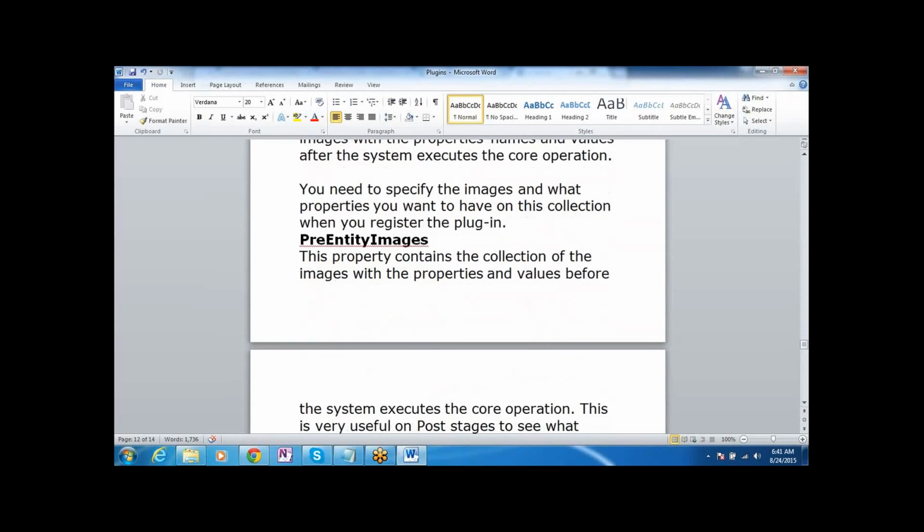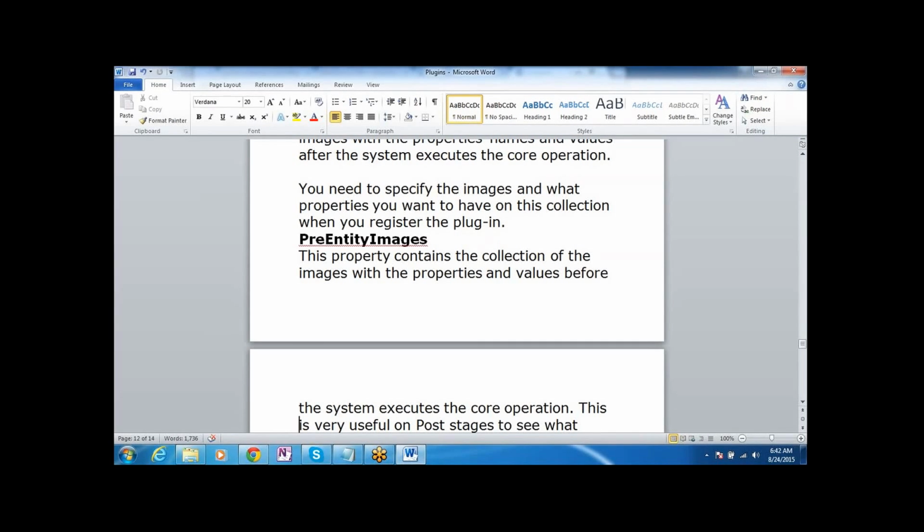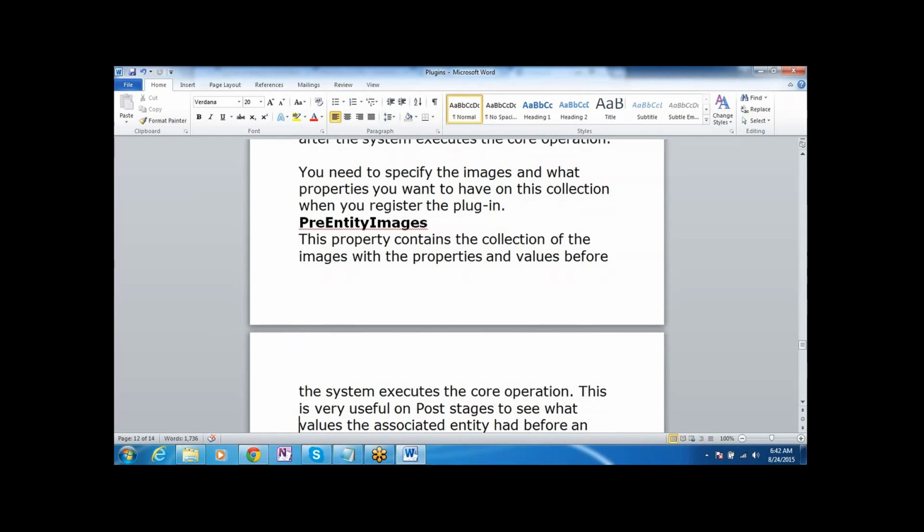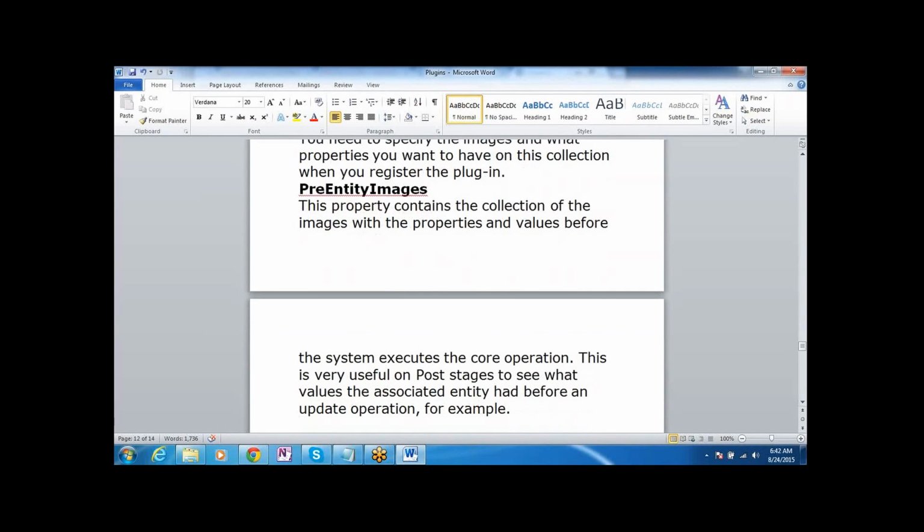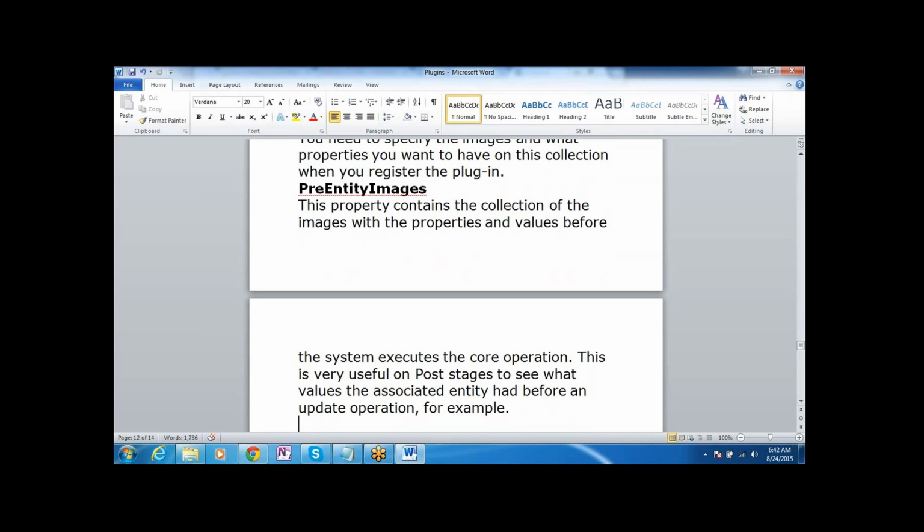This property contains the collection of the images with the properties and the values before executing the core operation. This is very useful in the post stage to see what values the entity had before the update operation.